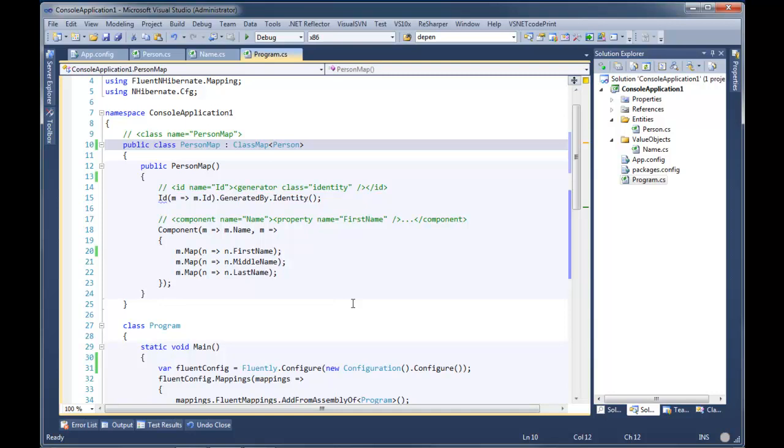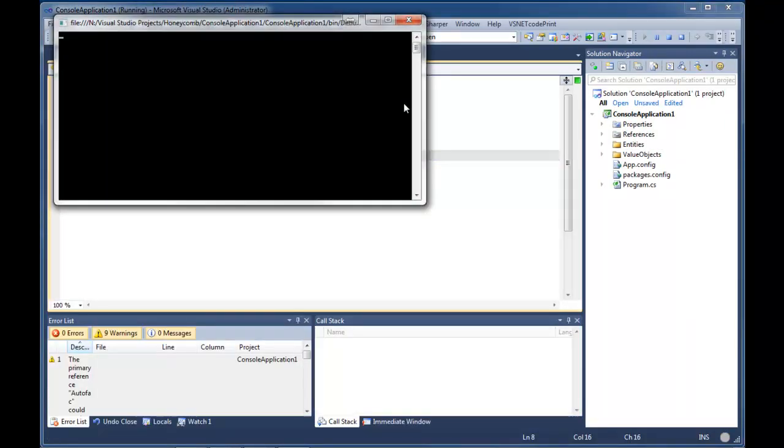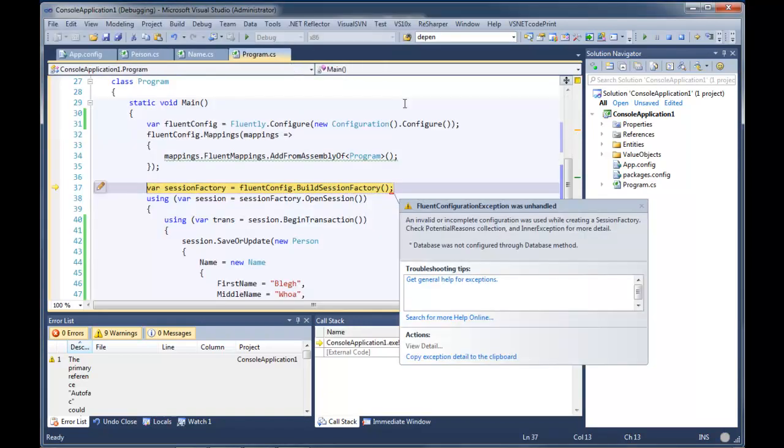I think one of the things that I know we've talked about in the past, but if you jump back over to the person class real quick, I think it'd be really good to show them. We've gone over how important it is to include virtual, but if you leave it off by accident, go ahead and talk about that. Well, in a web app, you will see a nice exception that'll say you forgot to add virtual, and it'll be great, and everyone will be happy. But if you're in a console app,